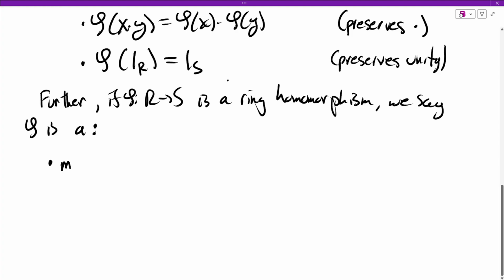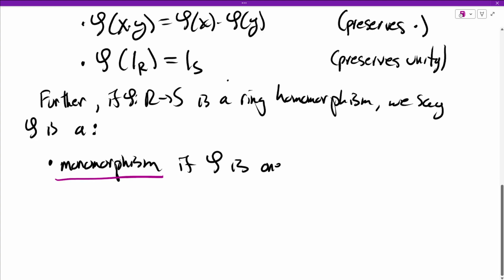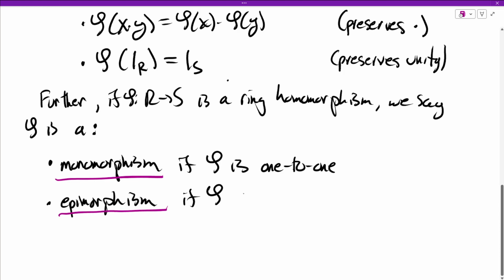It's a monomorphism if it's 1-to-1. It's an epimorphism if it's onto. It's an isomorphism